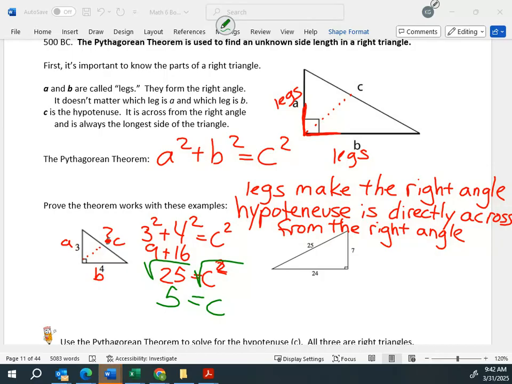Remember, you can use your calculators. So make sure you have your calculator to help you find that square root. Do we remember how to find the square root, or do we need a reminder real quick? Anybody want me to do a reminder? You want a reminder? So on your calculator,